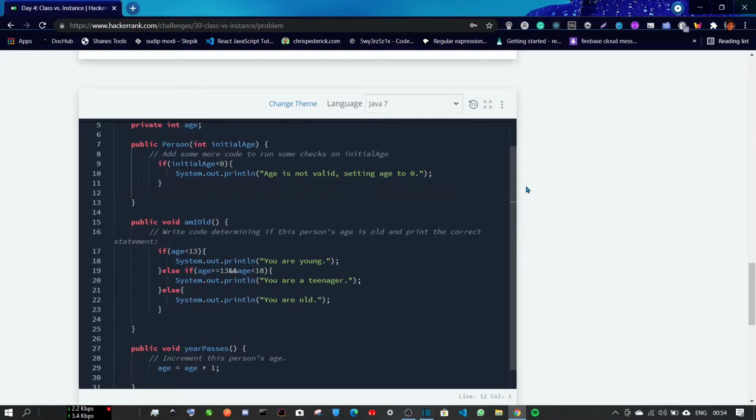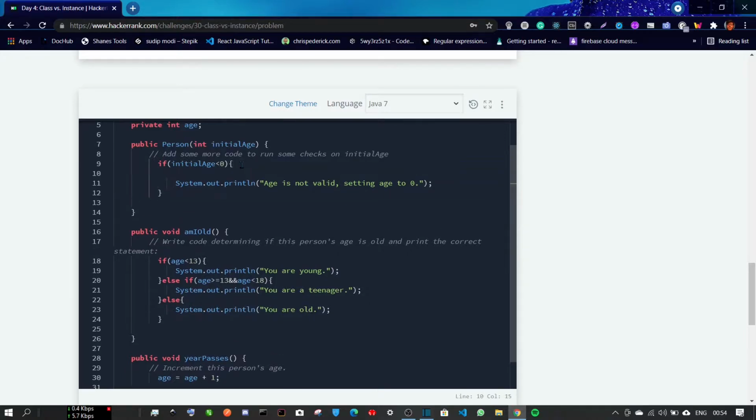So there are two things we forgot to do. First one is that we need to initialize the age variable. So we have to assign 0 to the age if the initial age parameter is less than 0. So age is equal to 0.